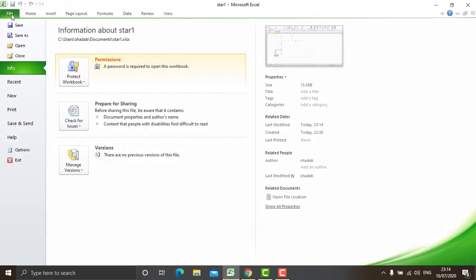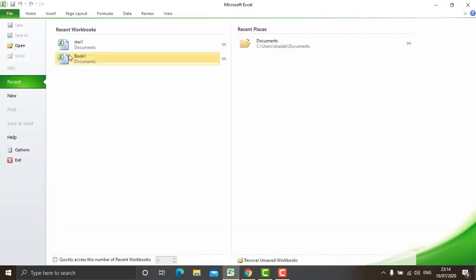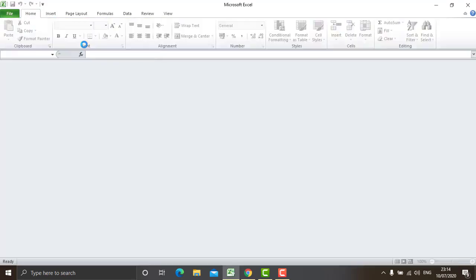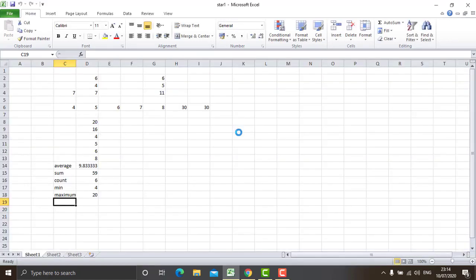Save it. After this, let me close it and then try to open it again. Click on File and click on star one. As I click on it, it should ask for a password. Yes, it is asking for the password, and I'll give the password star1234 and click on OK.